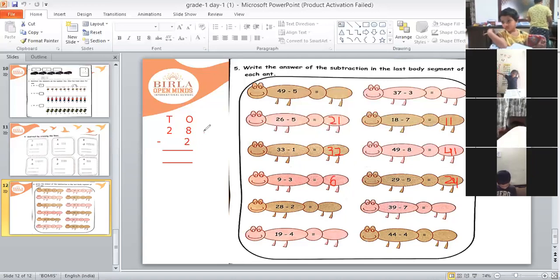So your first number is 8, right? So how many fingers you will take out? Hanvit, you show me your 8 fingers. Hanvit, this is not the right way. I said take out your 8 fingers. Yeah. Now from these 8 fingers, how many fingers you will remove, Hanvit? Now remove 2 fingers. 1, 2. I removed, ma'am. How many are left now?